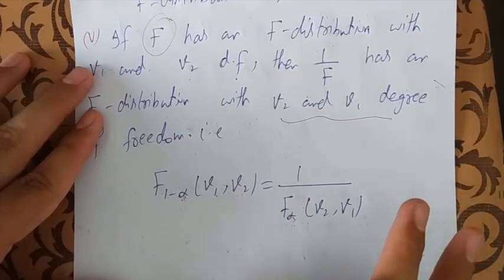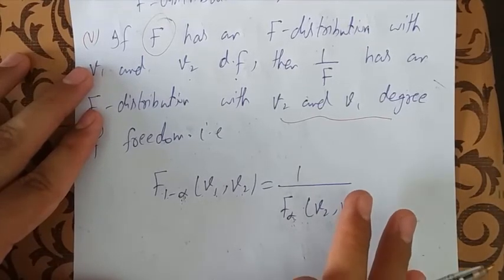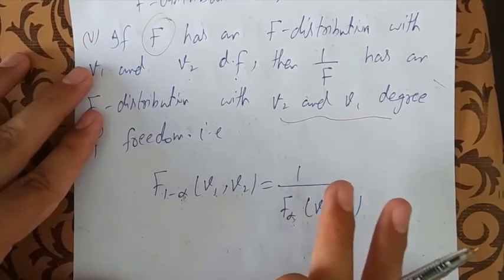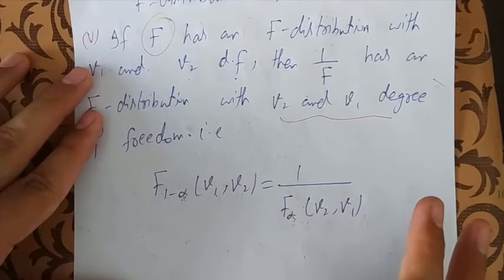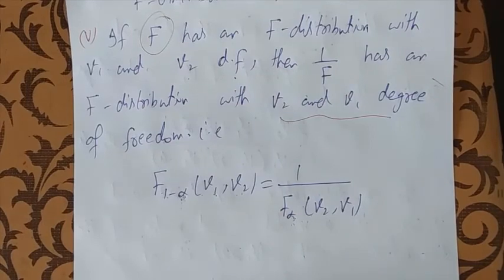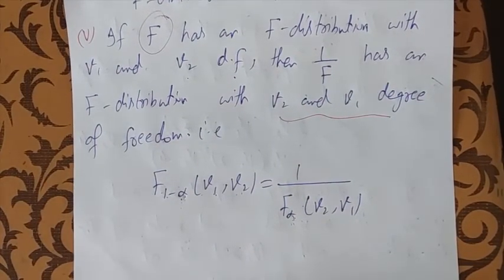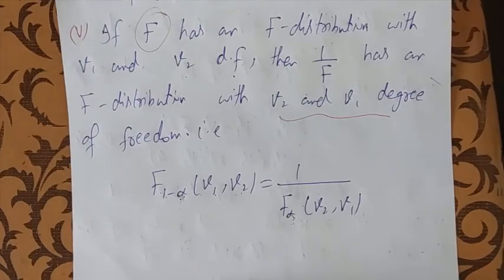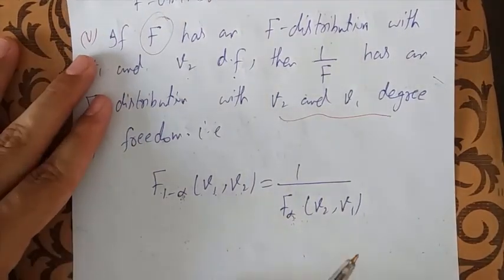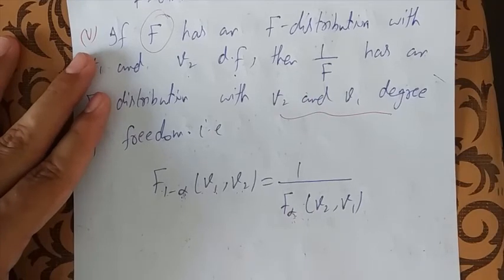Hopefully, dear students, you understand all these properties of the F distribution as well as the formal definition of the F distribution. In the next lecture, inshallah, we are studying the confidence interval of the ratio of variances sigma 1 square over sigma 2 square, and solving problems related to these. If you have any question, then write in the comment box.